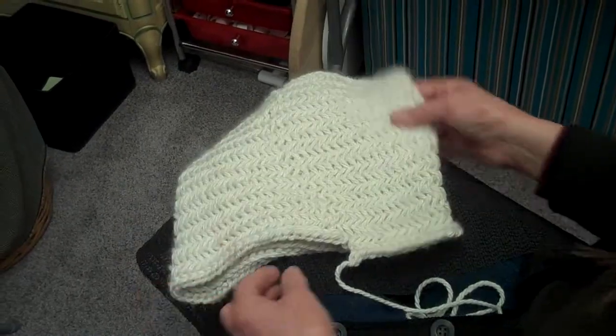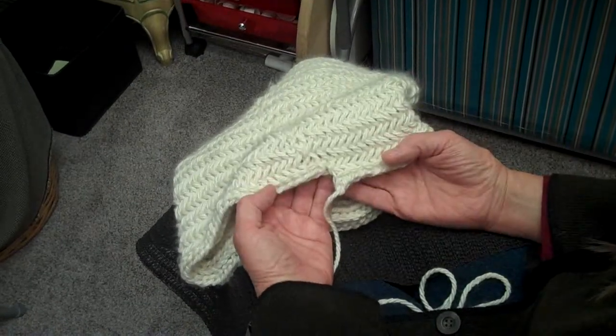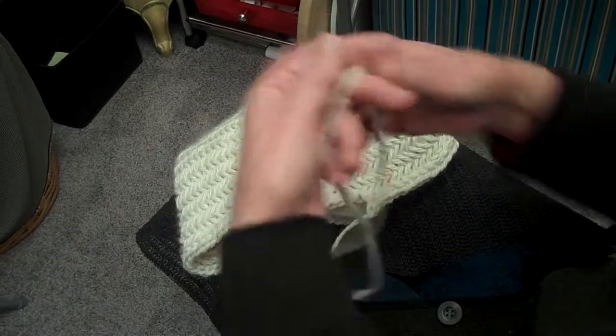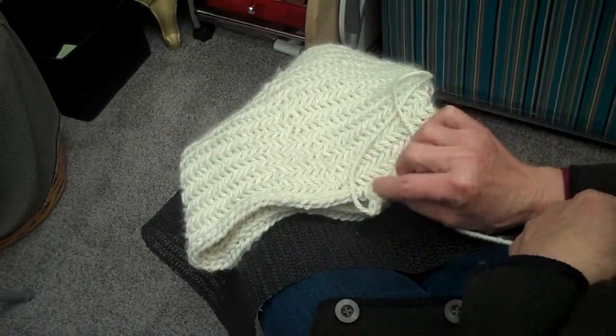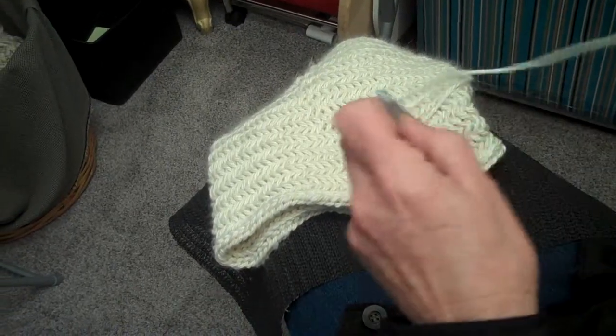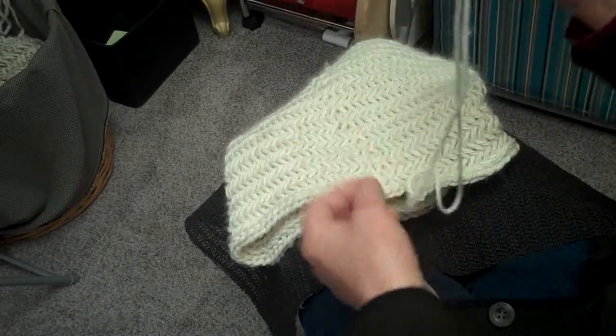I want to show you one more thing. Well, a couple more things. When you end this, it'll look just like all the scarves we did. And that'll be offset, and you need to fix that. And you're going to take your tail. This is the end where I cast off. And I'm going to show you the cast off because there's a couple tricks to the cast off that I think are important. So put the tail through your